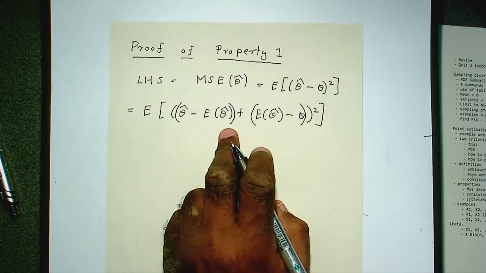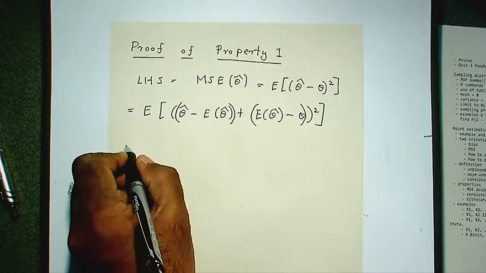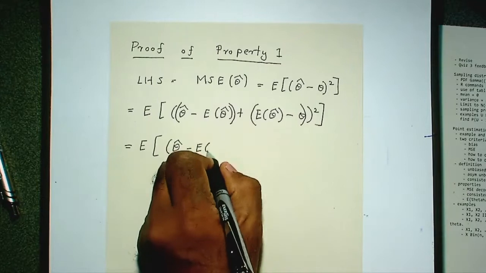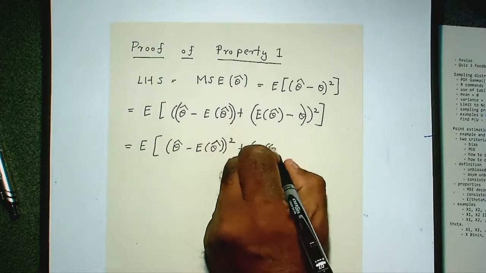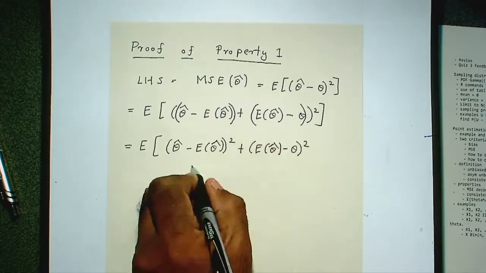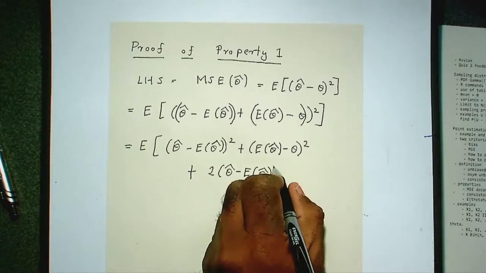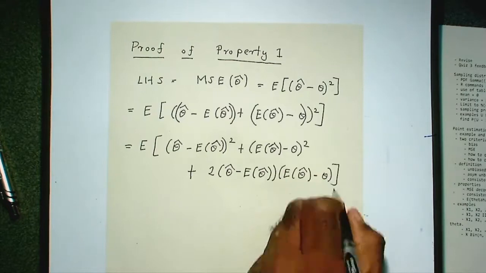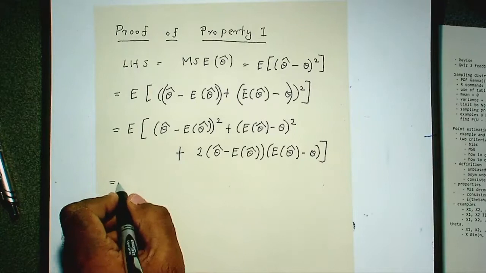Right, now I'm going to use the formula that a plus b squared is a squared plus b squared plus 2ab. So I'm using the formula to get this. All right, this is using the formula that a plus b squared is a squared plus b squared plus 2ab. Right. Now I'm going to take the expectation inside, so you have